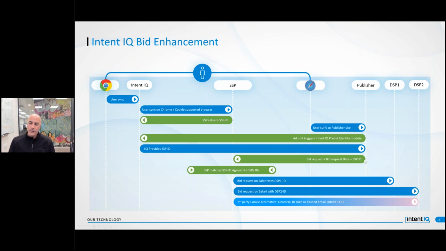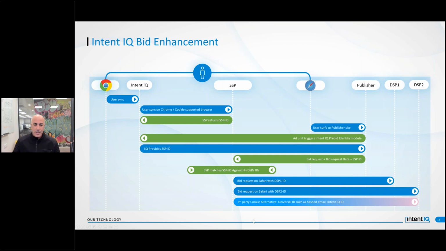And then a millisecond later, instead of getting from the bid request to the SSP with no IDs and having anonymous ID, we're having bid request with bid data, but with an SSP ID,